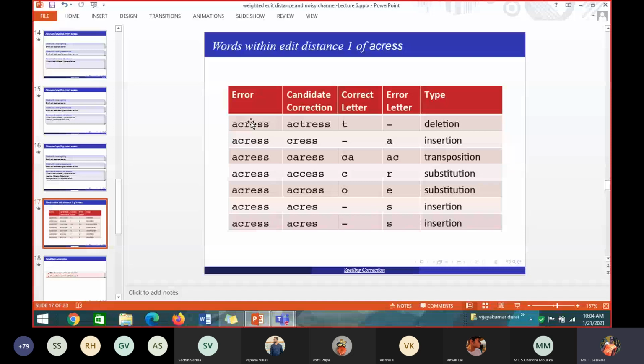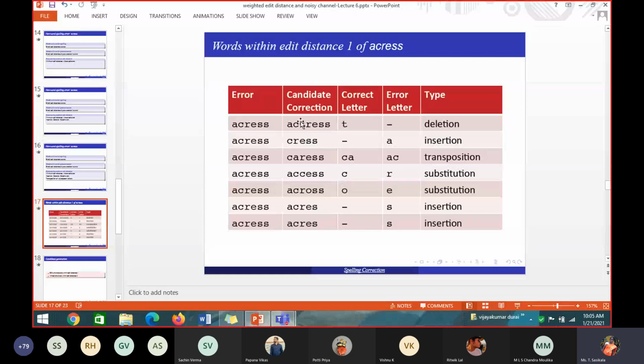Correct word. What character did I need in the correct word to move from the correct word to an incorrect word? T in the correct word is replaced by nothing in the error word. Yes or no, students? So, what change do I have to make to go from the correct word to an incorrect word? These are all the possible correct words I have taken into account. If I take the first word as a correct word and want to go to the error word, then what operation is required? T in the correct word is replaced with null, that is, T is deleted.